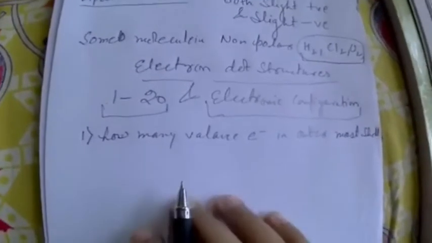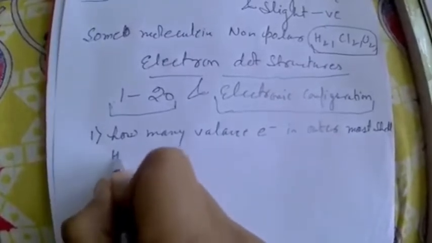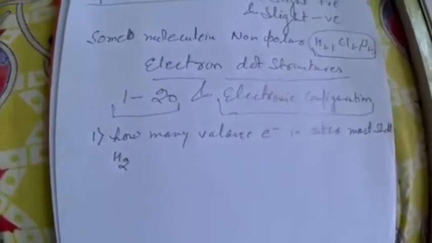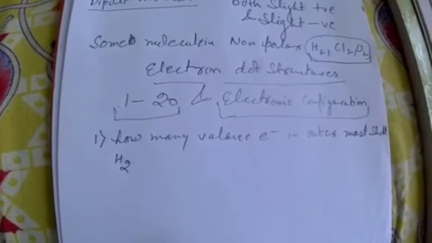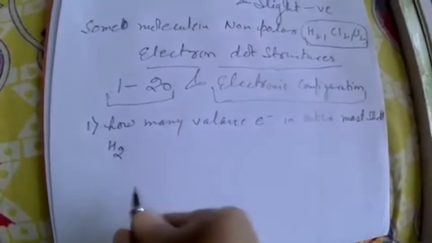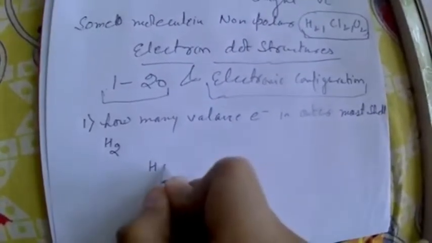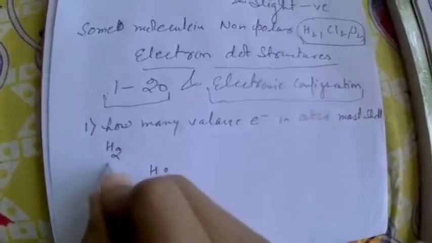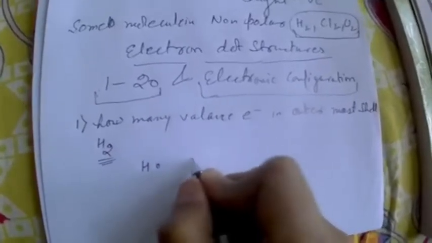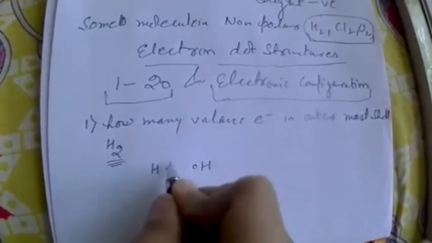In this you should know the outermost shell electrons, or you can say outermost valence electrons. You should know this in everything. For example, let's take the very common example of making the electron dot structure for H2. As we know, there is sharing of electrons in it, right? Without sharing of electrons you can't make the structure. So let's start with H2. In H we have only one electron in the outermost shell, but here two H are there, so one more H has one valence electron in its shell. So how to make the structure?